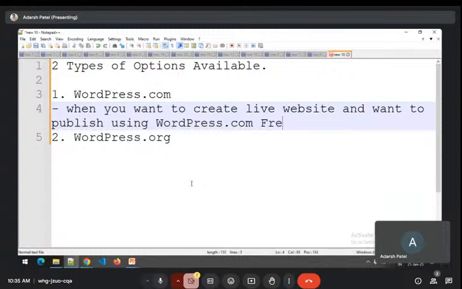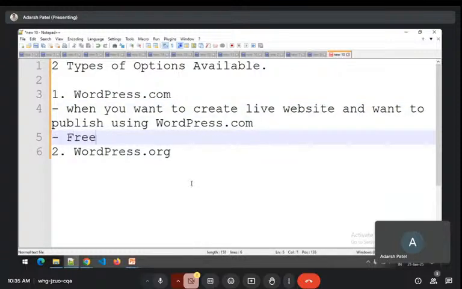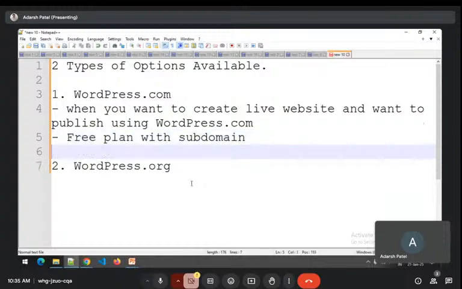It is a basic free plan with a subdomain. That means you will get your WordPress website free of cost. For example, my name is Adarsh, so I can get something like adarshpatel.wordpress.com